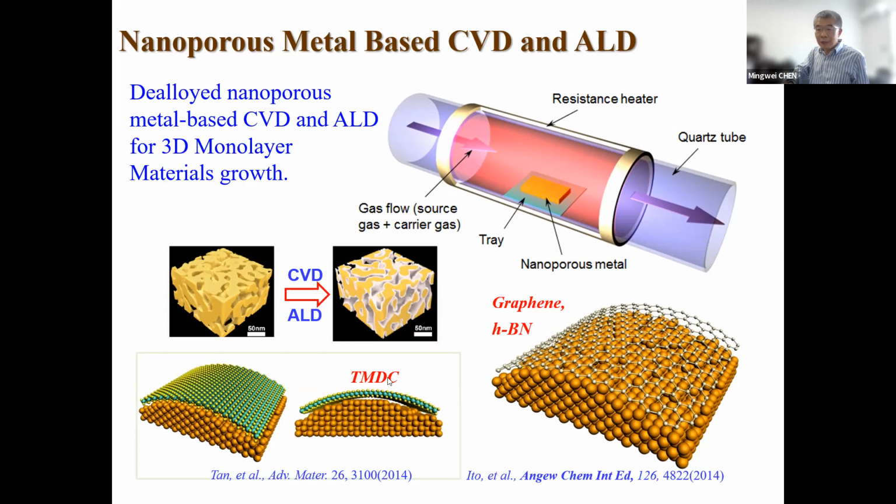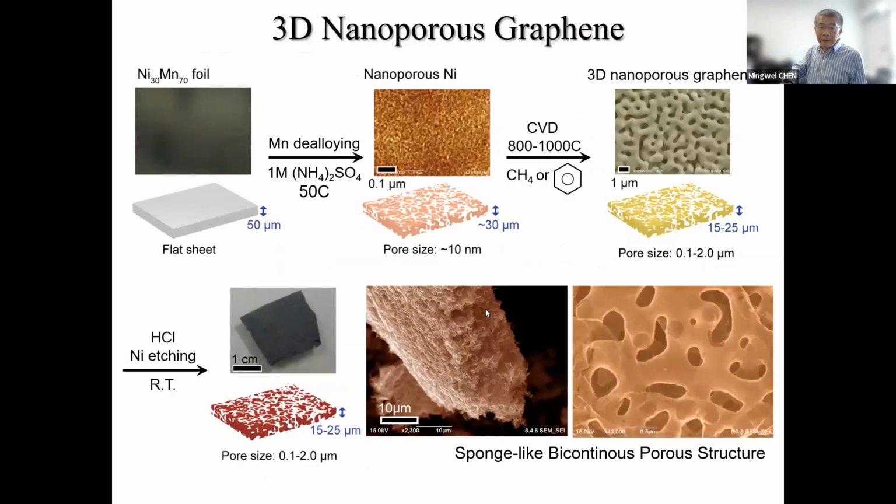For the TMDs, for example molybdenum disulfide, tungsten disulfide, tungsten selenide, those 2D materials, this is the growth template. So now we can make this kind of three-dimensional nanoporous metal with this minimal surface structure. So we can directly utilize this dealloyed nanoporous metal as the template for CVD growth. Right. So one example I'm showing here is for graphene growth, where we start from nickel